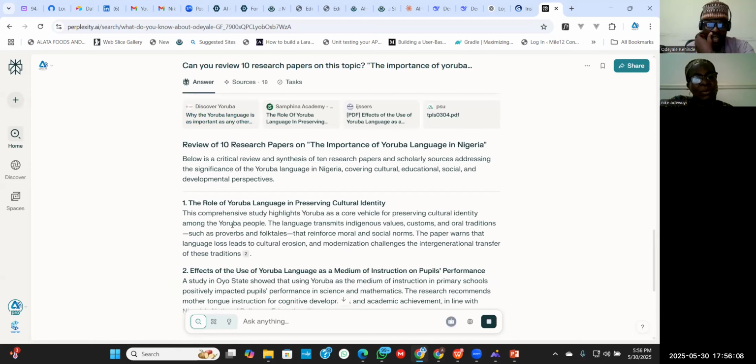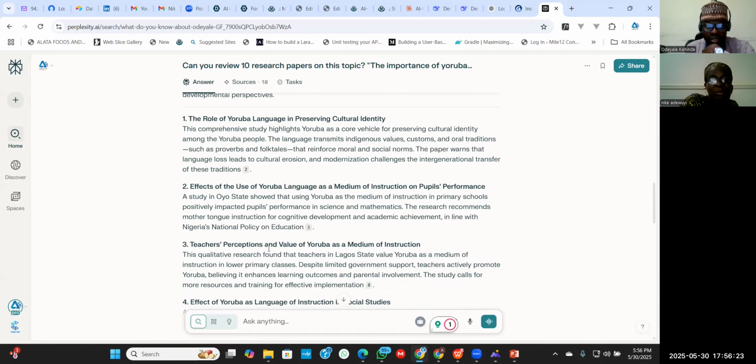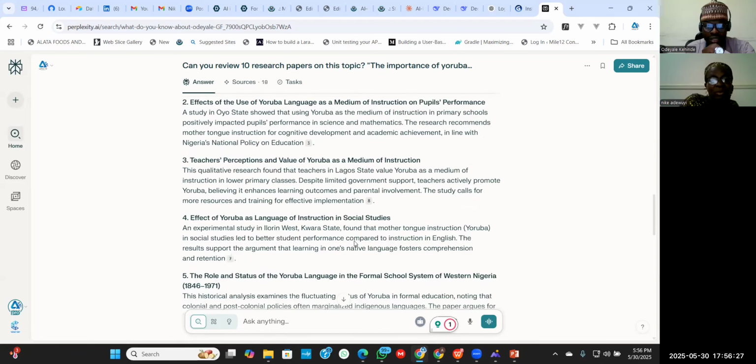So the role of Yoruba language in preserving cultural identity. That's one. This is the first paper. Effect of the use of Yoruba language as a medium of instruction on pupils' performance, teachers' perceptions, and value of Yoruba as a medium of instruction. That's another one. So this is the reference.